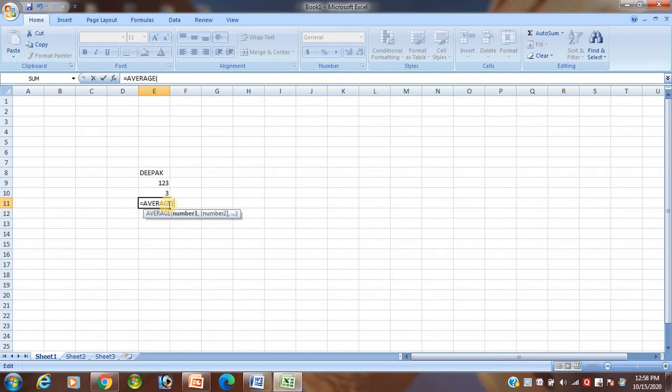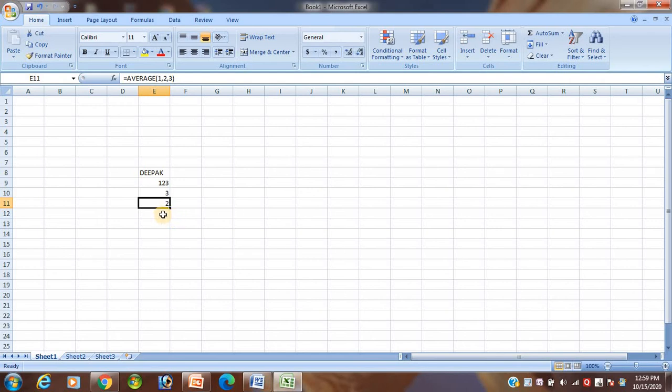Then I write 1, 2, 3 and close the bracket. See, average of 1, 2, 3. This is a very easy way to calculate. You can easily calculate in Excel: 1 plus 2 plus 3 is 6, divided by 3, the result is 2.